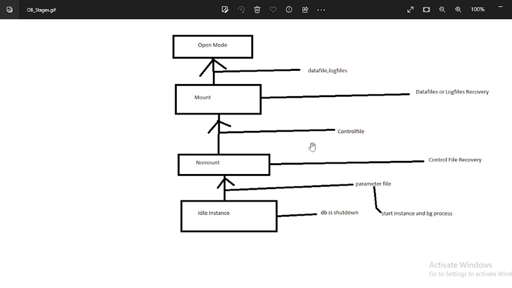So here we don't have a problem in the control file. I will show you at recovery time, if there is a problem in the control file, how to recover the control file. Here I am just showing you the database stages, and when the database needs to go to the next stage, which file it will look for at that time.